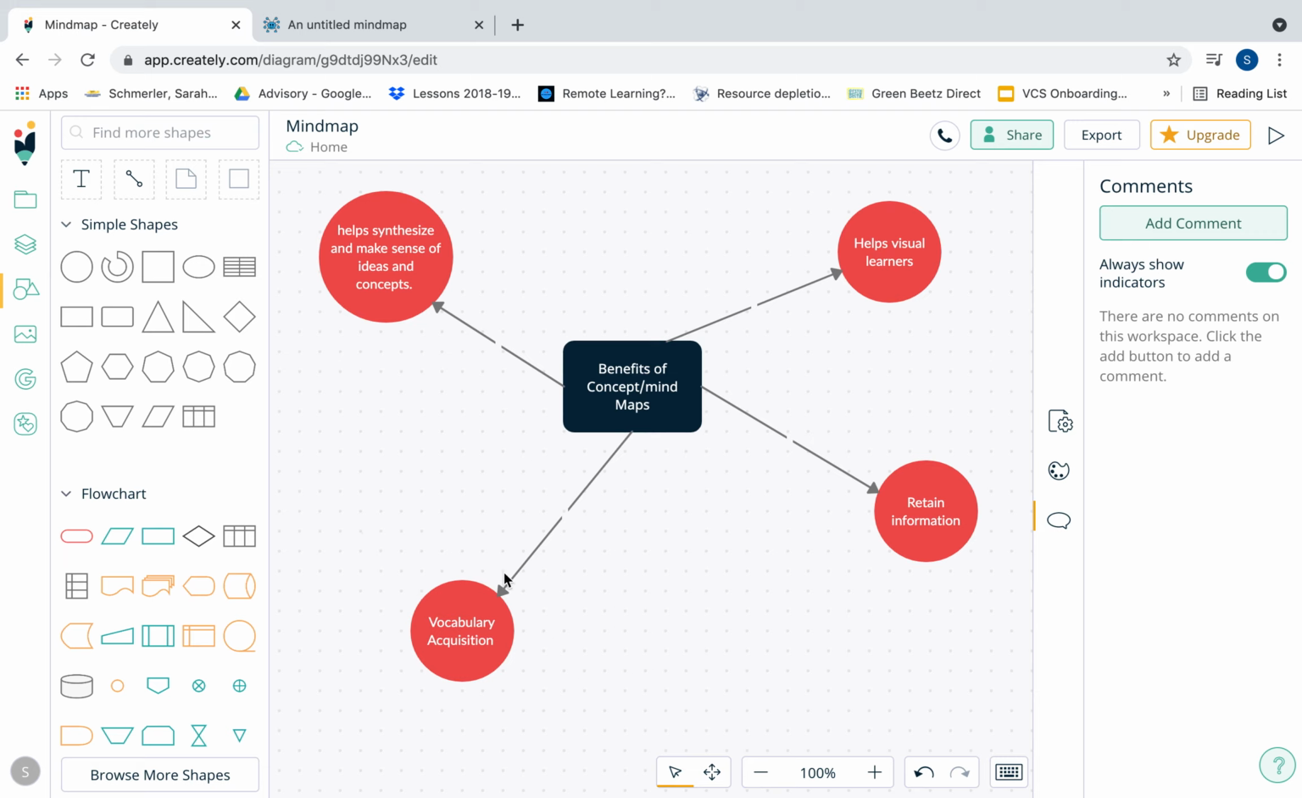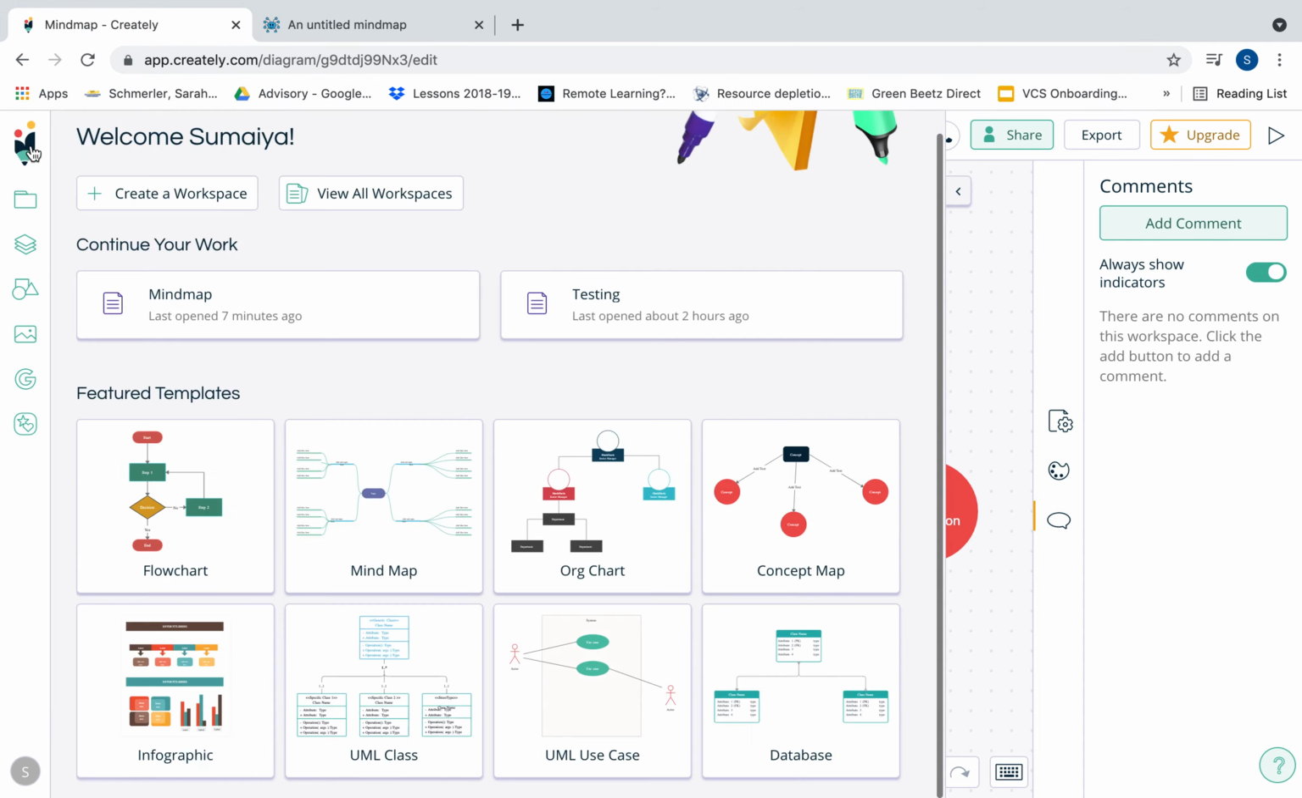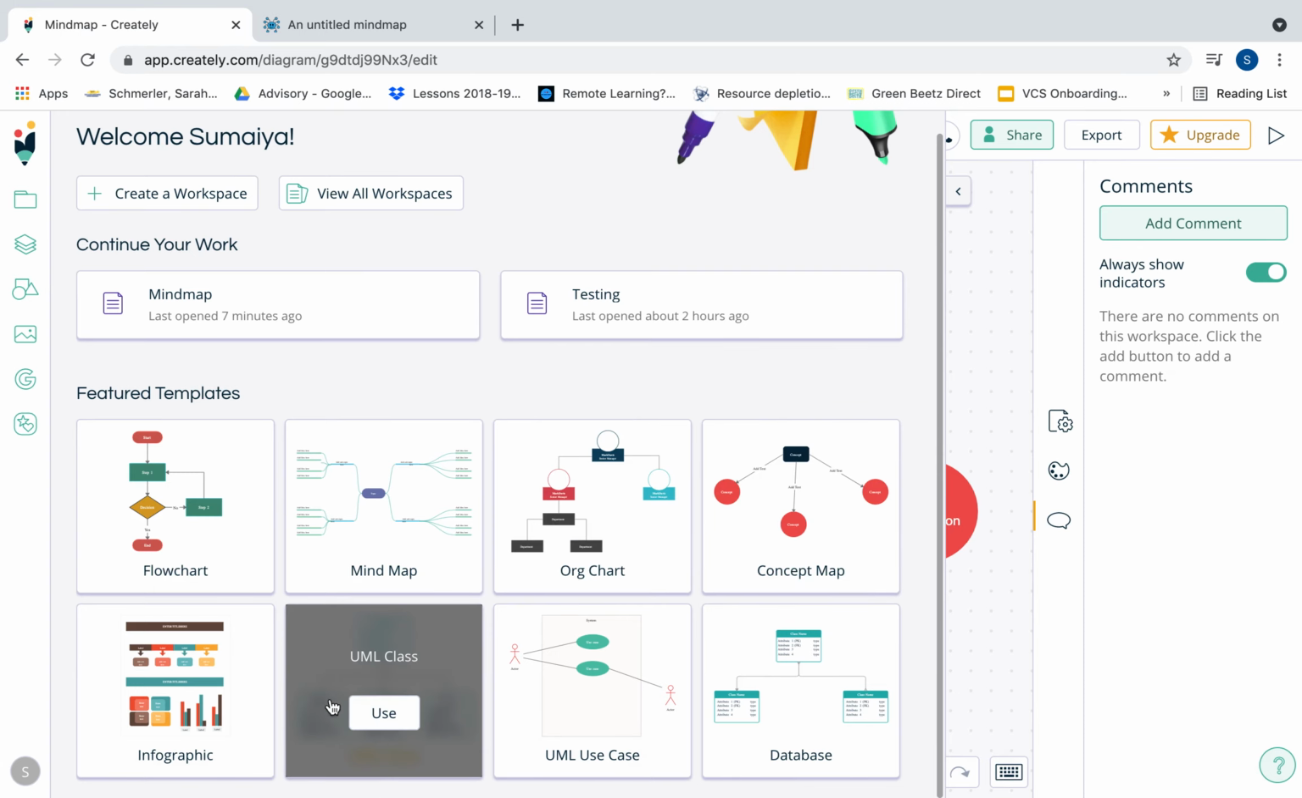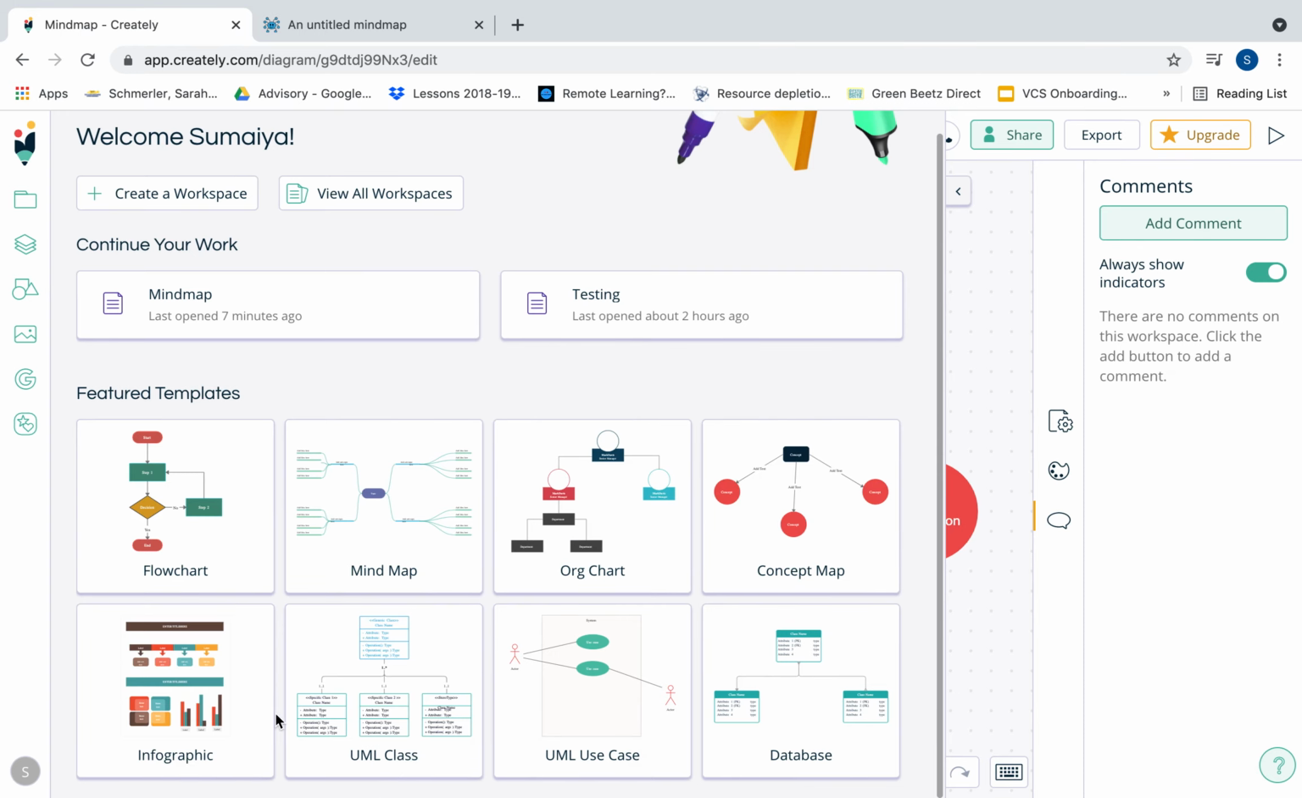So I just made this simple mind map on creately.com. This is a website where you can create free mind maps. I believe with the free account, you're able to create 3 mind maps for free, and then all the other subscriptions are paid. So here, if you go to home, you create your free account. You can create any one of these templates. So you can create a flow chart, a mind map, organization chart, concept map, and even an infographic, database, and so on. So if you click on a concept map, which I have here,